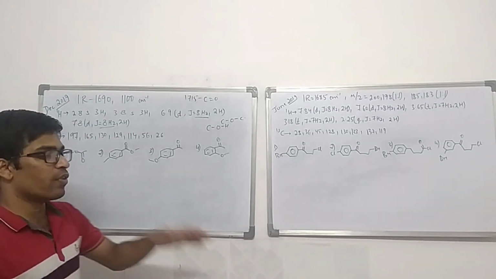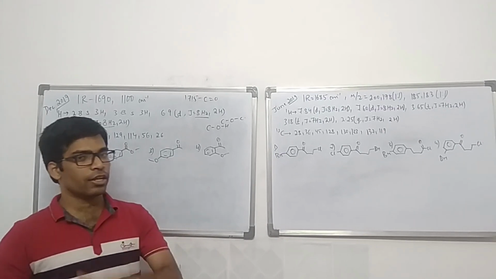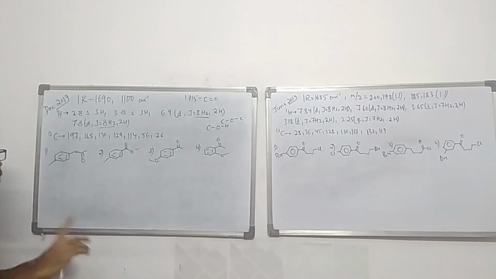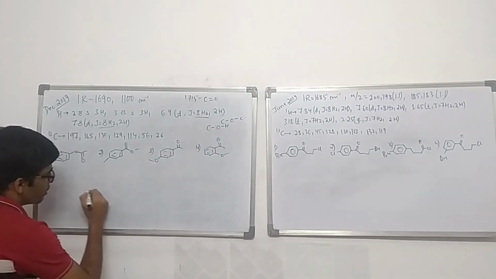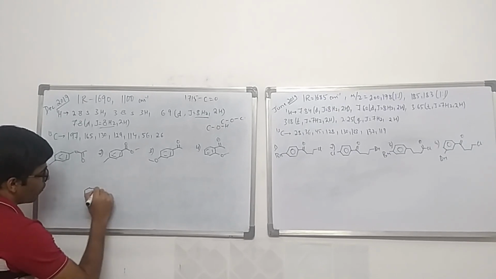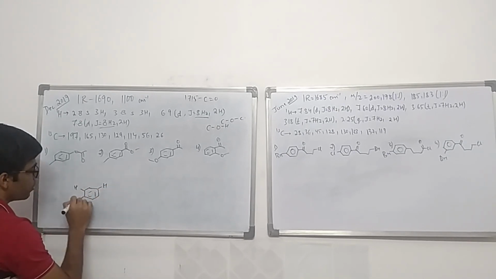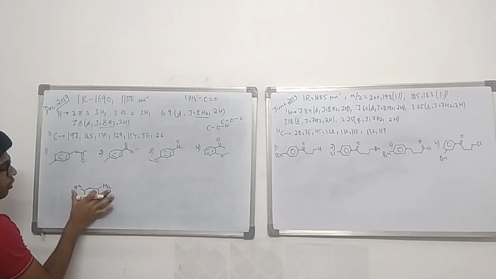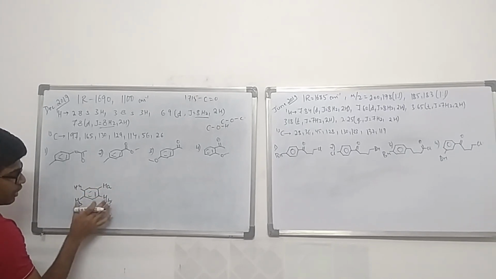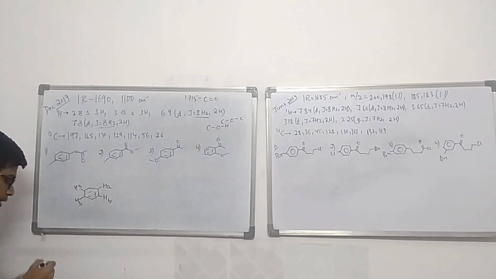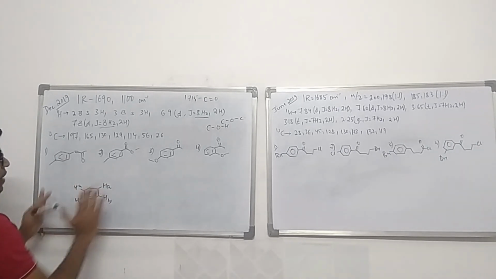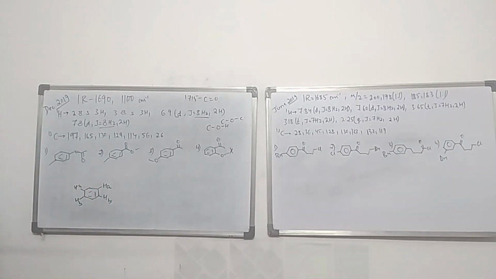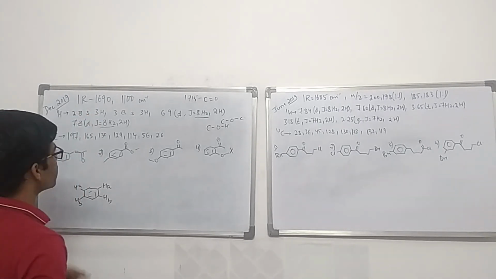Now I had shown a few minutes back that coupling constant for ortho hydrogens occurs in the range of 7 to 8. So that means we can expect that these two protons and these two protons couple in the ortho fashion. That means my system should have this kind of a fragment, AA and BB. So these two protons couple at ortho positions with these two protons, and similarly these two protons couple at ortho position with these two protons. So this fragment has to be there, and if this fragment is there, then this is not one of my structures.